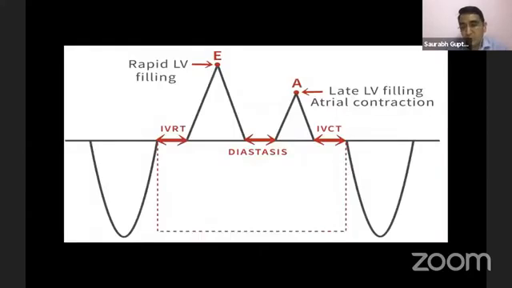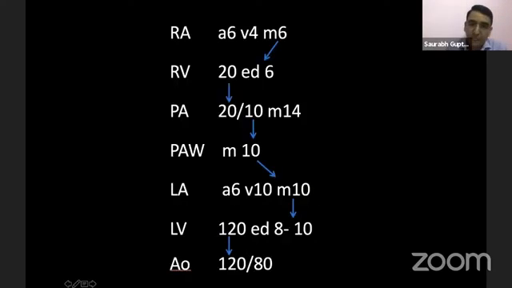Now, this is what we understand in terms of echo. If we see, this is the IVRT, this is the E wave or the rapid LV filling, this is the diastasis, and this is atrial contraction. And by this synchronized filling of the ventricle from the atrium, all the pressures are connected. If you see from the left side, the LVED is connected to the LA mean, or more precisely, LV mean